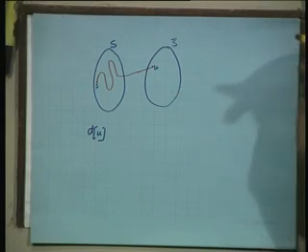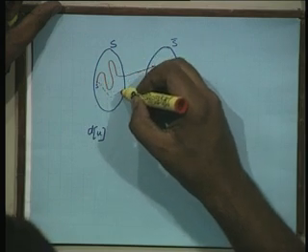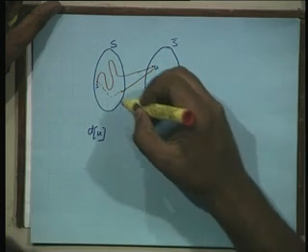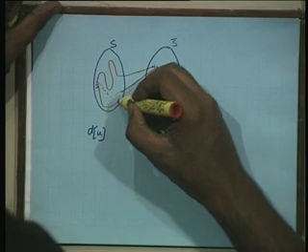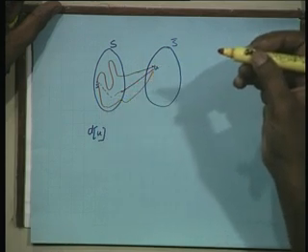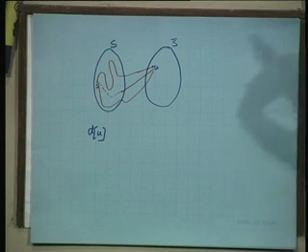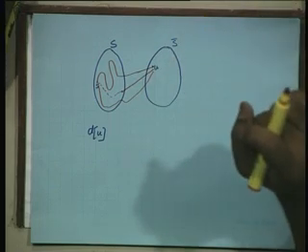There can be many such paths. This is one path, maybe there is a second path which goes like this, right. There is maybe a third path which goes like that, and so on and on, right. So, there could be again a whole lot of such paths. Let us compute the length of all of those paths, and let us take the smallest amongst those, that is D of u.